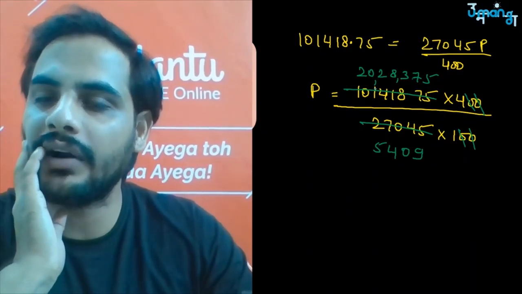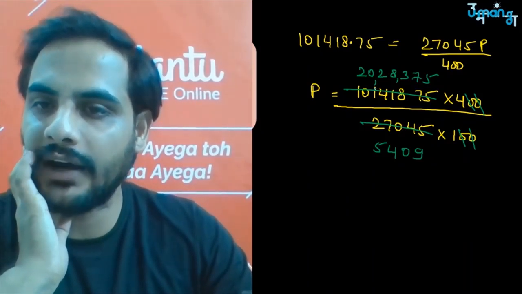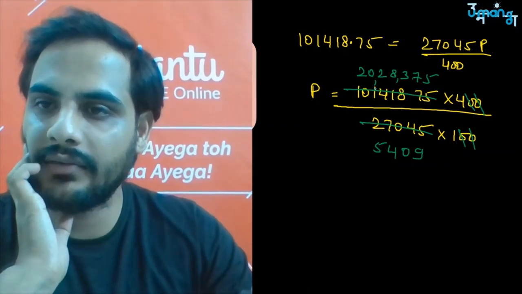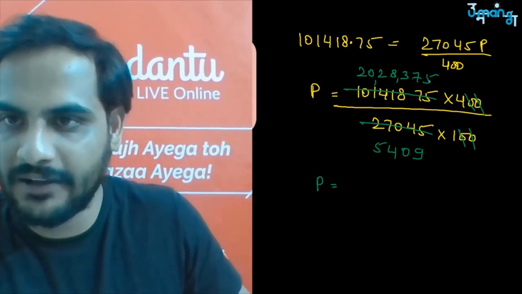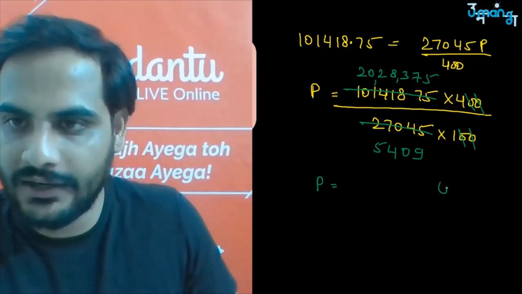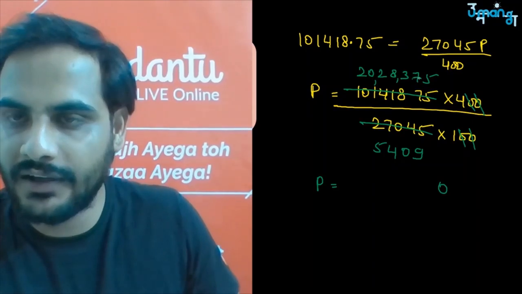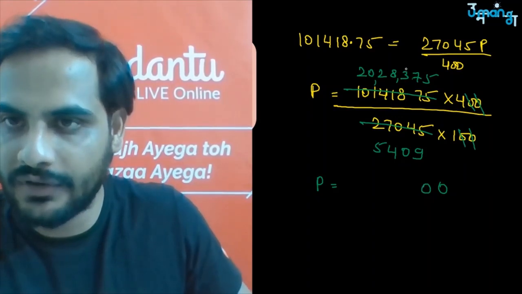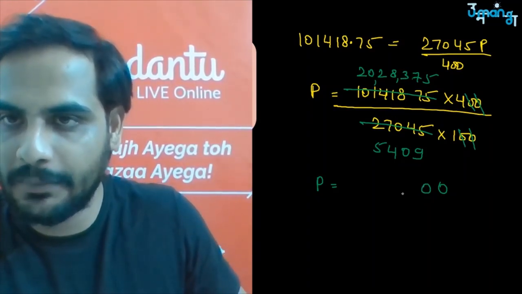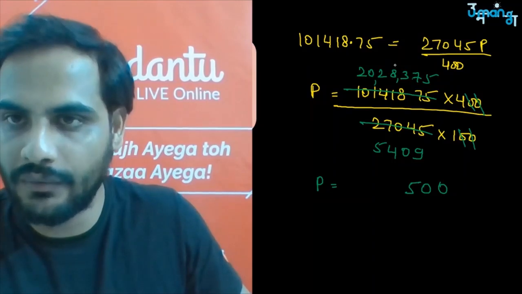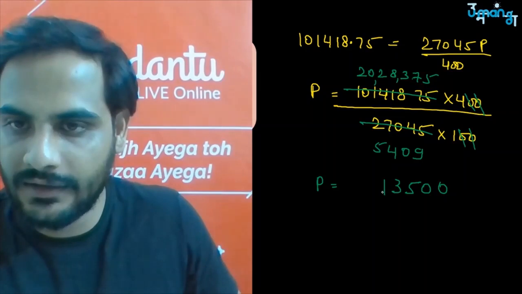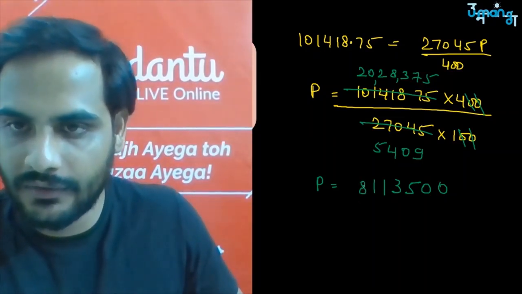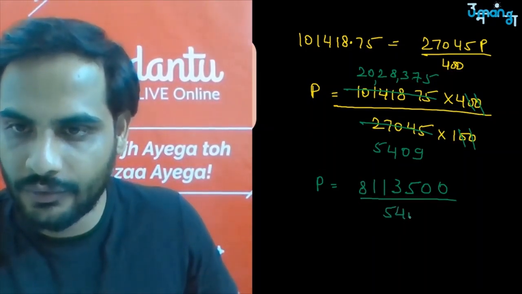Somewhere around 400 will give you the answer. So I can say, let us multiply this 4 here with this. So P is equal to, if we multiply 4 with this, 4 5s are 20 power 2, 4 7s are 28 plus 2 is 30 power 3, 4 3s are 12, 12 plus 3 is 15 power 1, 4 8s are 32 plus 1 is 33 power 3, 8 9 10 11 power 1 here, 4 8s upon 5409.